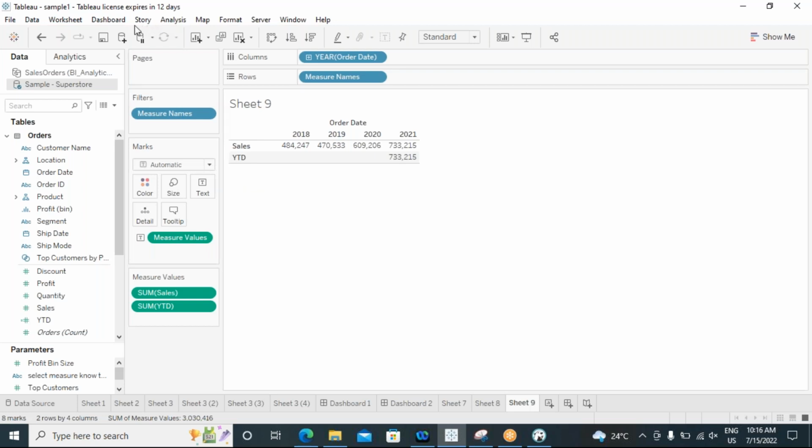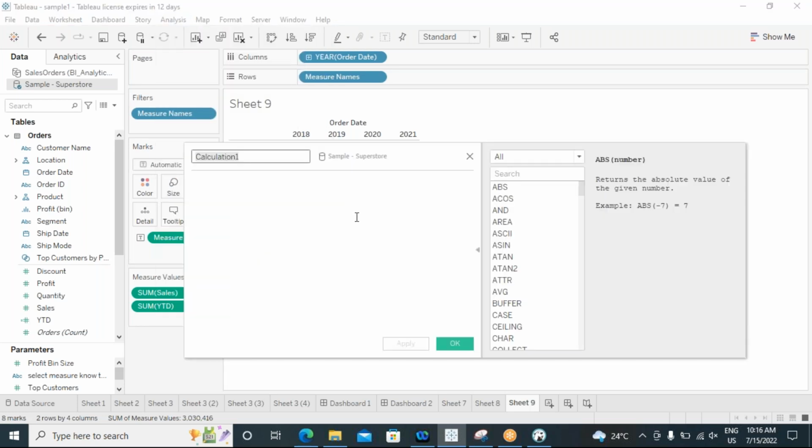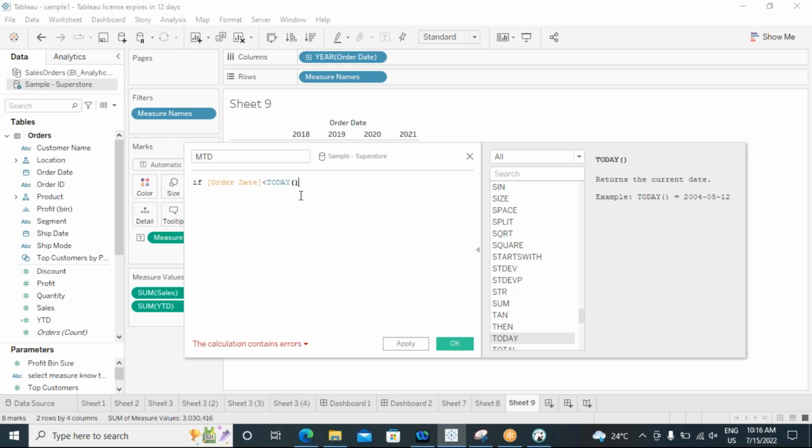Okay, let's go for analysis. Create calculated field. How can we write the month to date? Can anyone tell me the month to date calculation? MTD. Yeah. Okay. If the order date, order date less than today, and